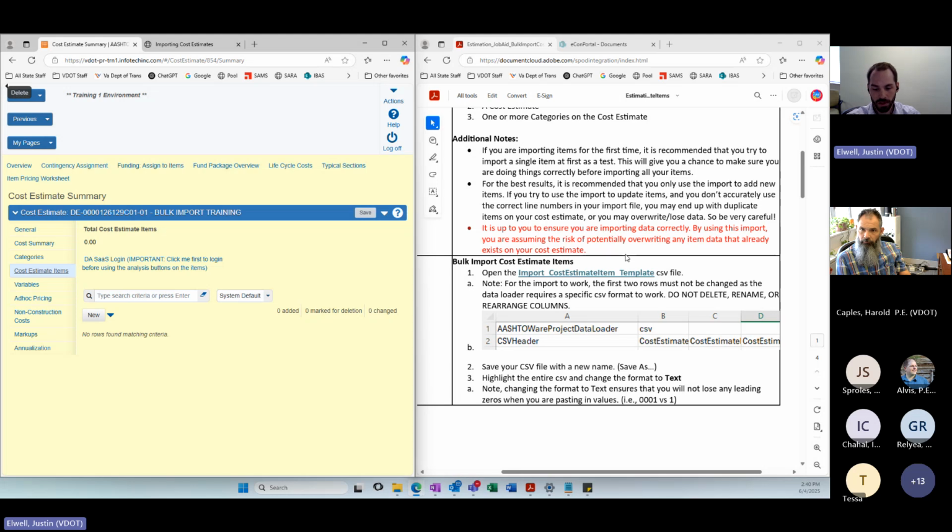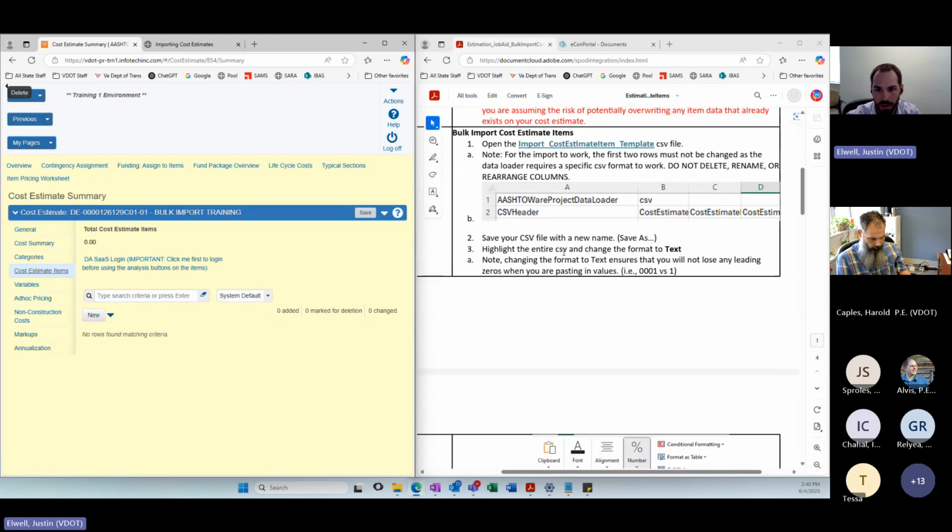You could change items on the cost estimate if you're not careful. So again, please be judicious in how you approach it and follow these items here in order. Start small, make sure that you're very careful with the details on it, and understand that you can actually overwrite the data that's currently on your cost estimate.